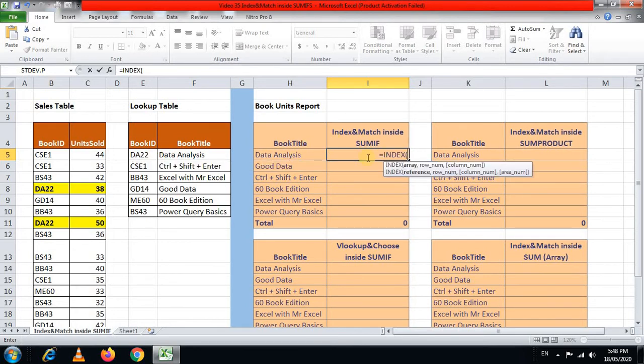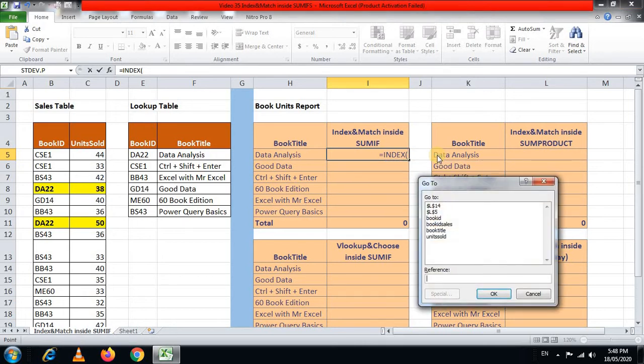So INDEX, my array is... whenever you are writing a formula, and in case you don't remember the names, then the shortcut key is you can press Ctrl G and Shift Tab 3 times. And yeah, here is the list of names that we have given. So now my array for the purpose of INDEX is book ID,